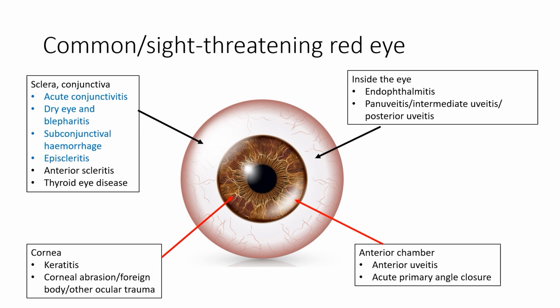So on the white part of the eye, that is the conjunctiva and sclera, you have acute conjunctivitis, dry eye and blepharitis, subconjunctival hemorrhage, episcleritis, and anterior scleritis. Now notice that episcleritis is quite common, affecting the superficial layer, that is the episclera, and is mostly idiopathic. Whereas anterior scleritis involves a deeper layer, the sclera, and classically,